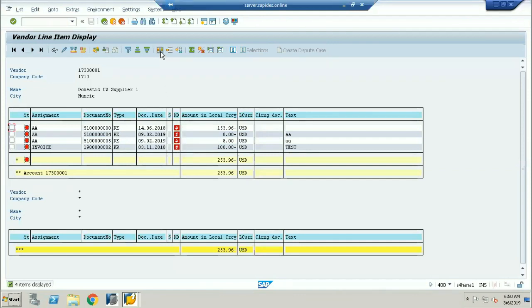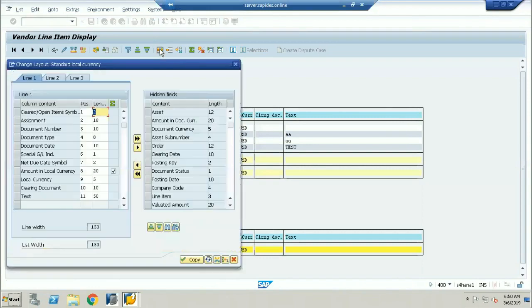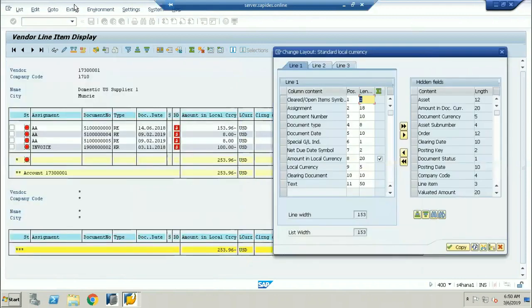Now, just go to change layout. From the change layout, I want a few columns. Which columns? Arrears after net due date. I want the arrears days and the net due date.